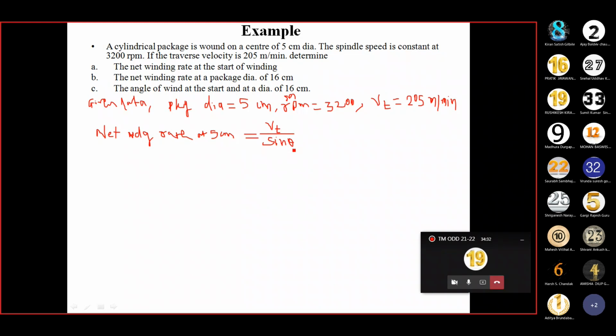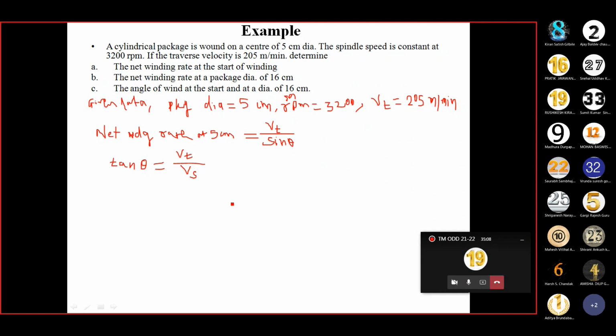This theta is nothing but the angle of bowing. It means what? Now you have to calculate the tan theta, because we want a theta. So in order to get the theta, what we have seen, it is necessary to calculate the tan theta. So what is tan theta? Tan theta is Vt by Vs. Yes. Vt by Vs. So tan theta is Vt by Vs.